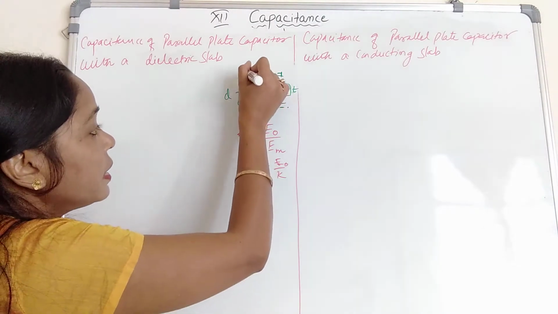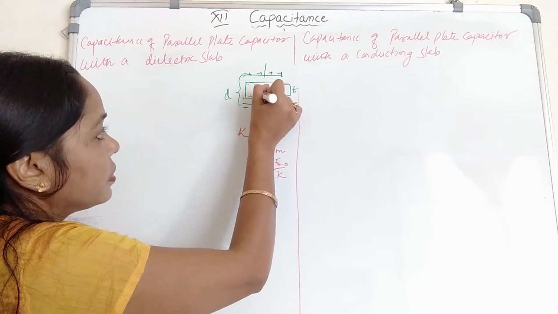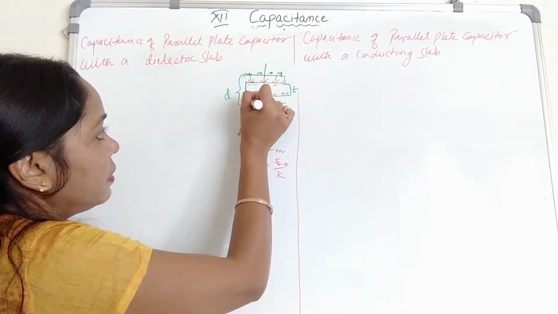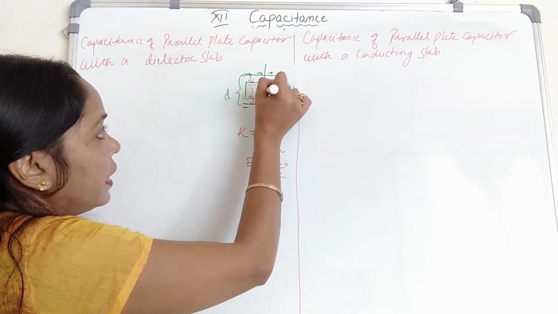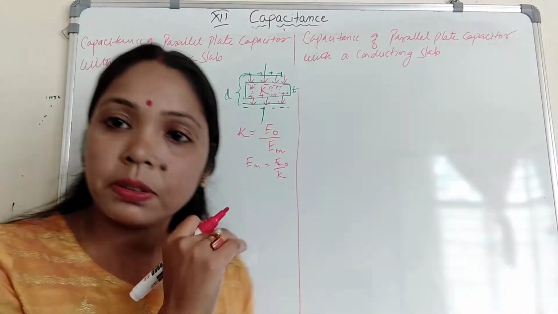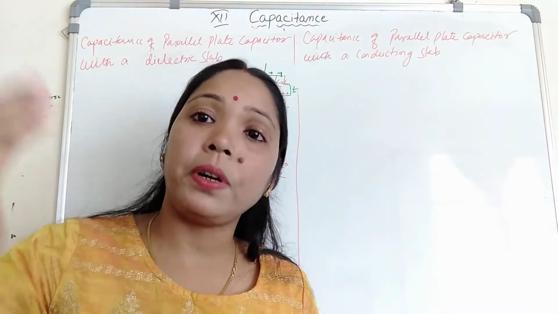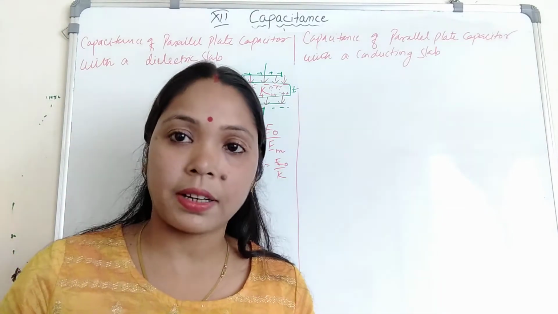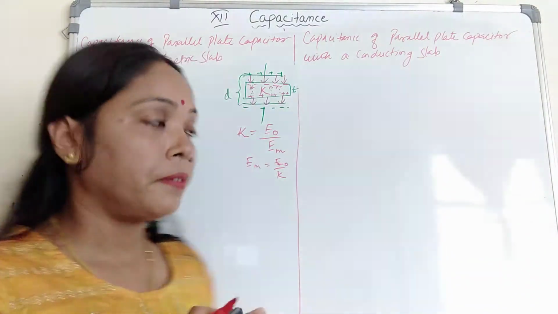Now here is the positive plate, so in the dielectric slab negative charge will be induced here and positive here, and the direction of the lines of force will be positive to negative, here also positive to negative, and here also positive to negative in the opposite direction. In this figure it is clear that in the dielectric slab the charges are not flowing from one point to another, it only exerts the electrostatic force, that is the force of attraction, because here opposite charges, positive and negative, are created.